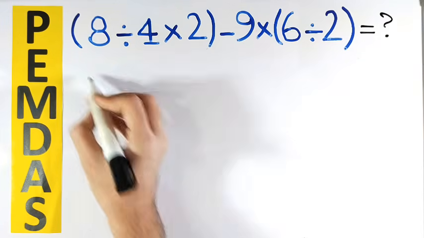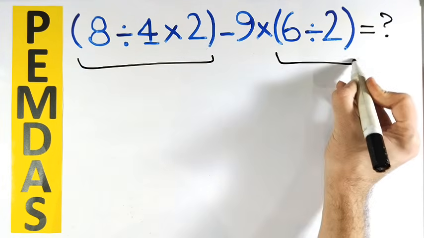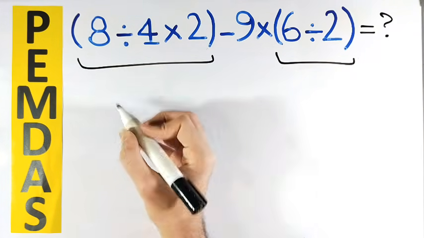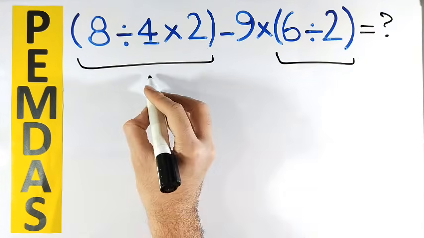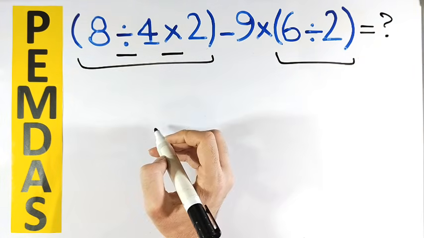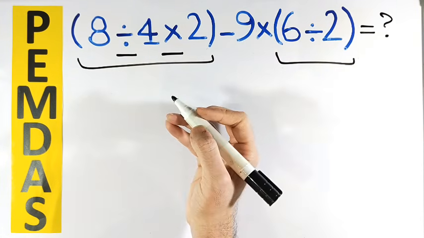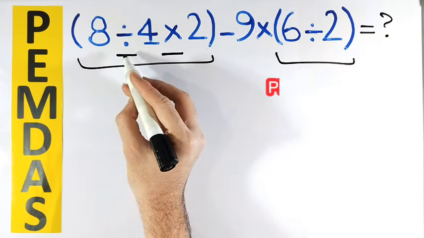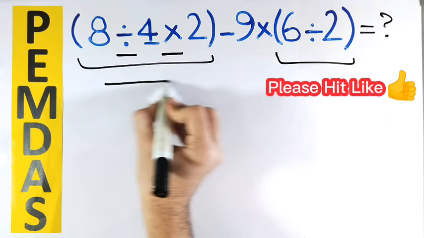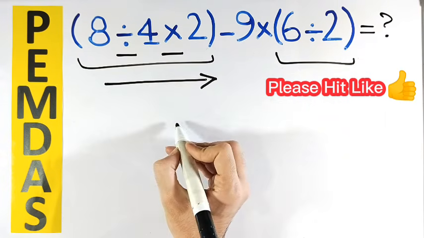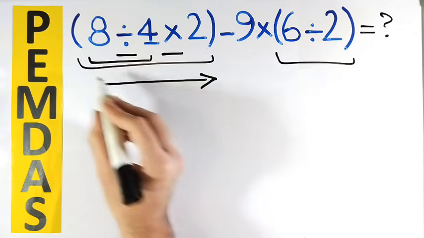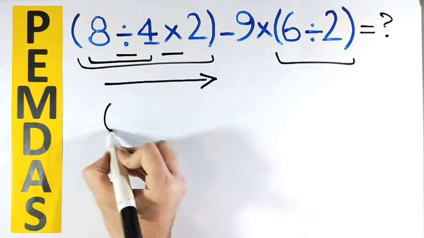According to the PEMDAS rule, first we go for the parentheses, because parentheses have a higher priority than the other operations. And inside the first parentheses, first we have a division sign and then a multiplication sign. It's very important to remember that multiplication and division have the same level of priority, and we must perform these two operations from left to right. So, first we go for the division between 8 and 4, and instead of this expression, we can write 2